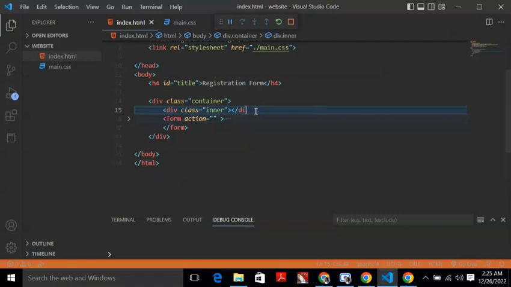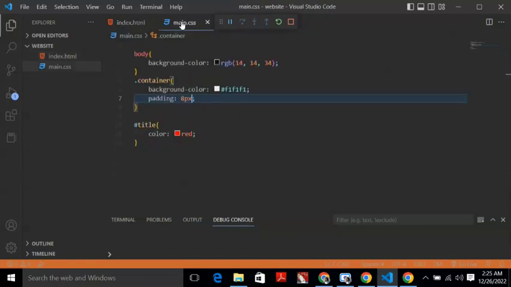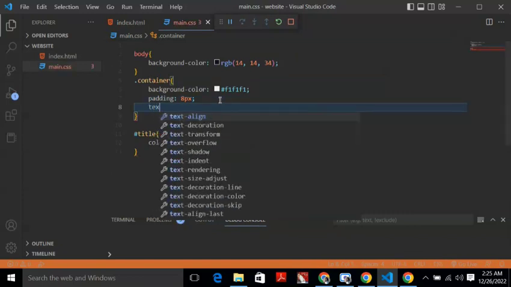Then I'll close it down here to close the form. Form is going to be inside the inner, right? Notice how it is, right? So is this inner now, if we try to do some other things like text align,